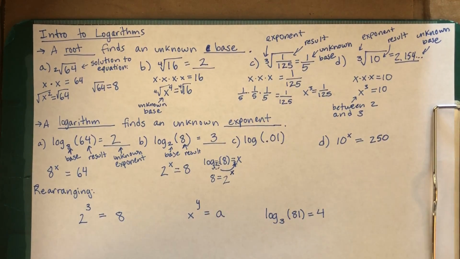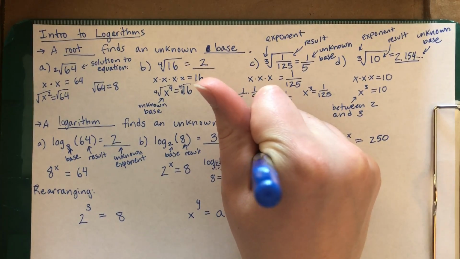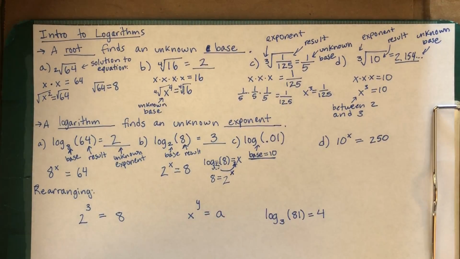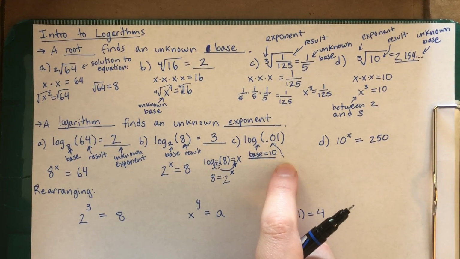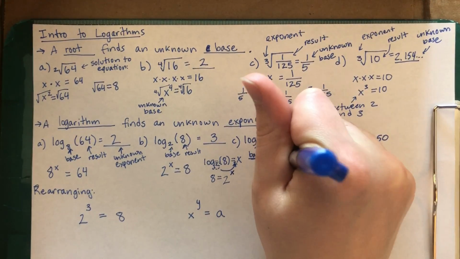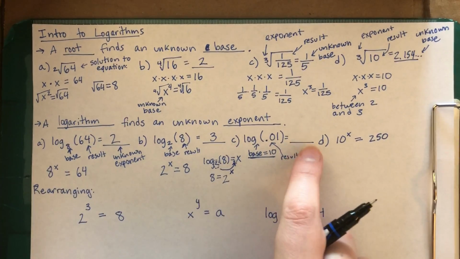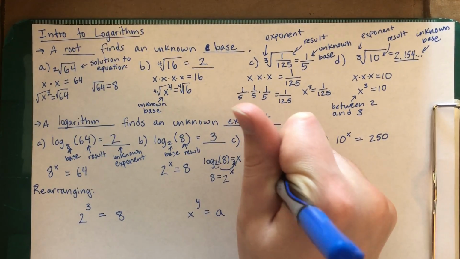And that's because if there's nothing written, then the base is 10. So if there's no number written here, then you assume that the base is 10. This is still going to be the result. And then we'll put in an x for the unknown exponent. So 10 to the x needs to equal